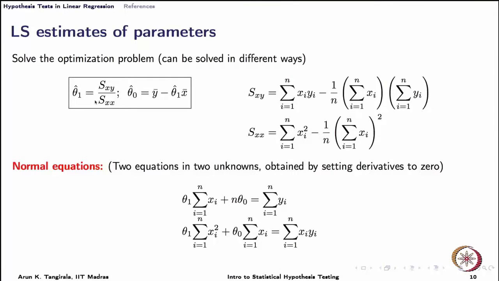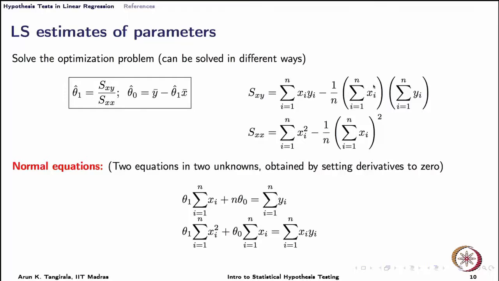Theta 1 hat is Sxy by Sxx. What are these numerators and denominator? Sxy is this summation. Remember, when we were discussing correlation, I did mention that you would see summations similar to those that you see in correlation in linear regression as well. You see some kind of expressions like this, albeit you may not see x bar and y bar straight away, but you can guess here sigma x I by n is x bar,